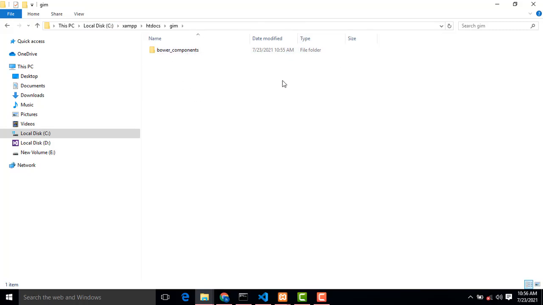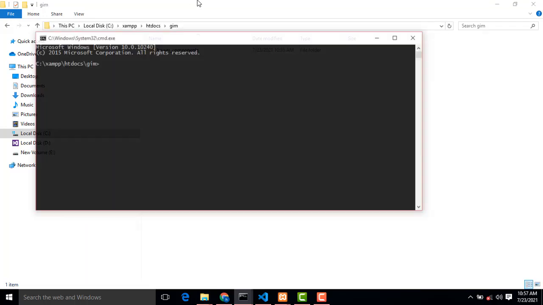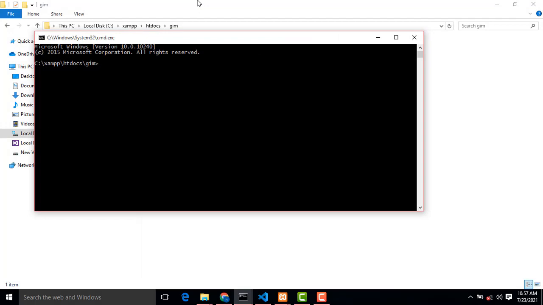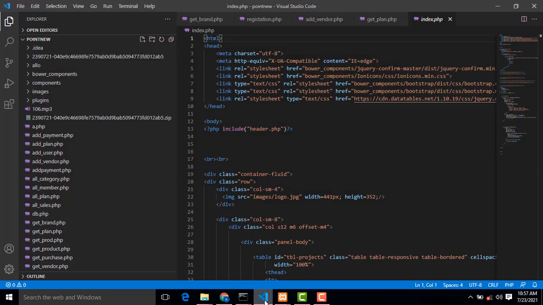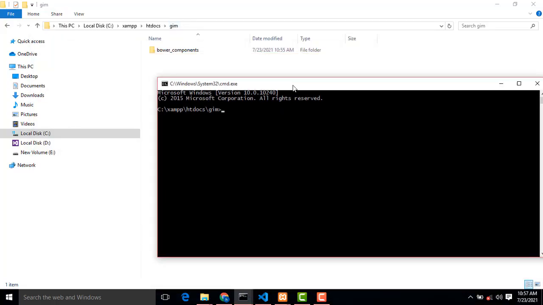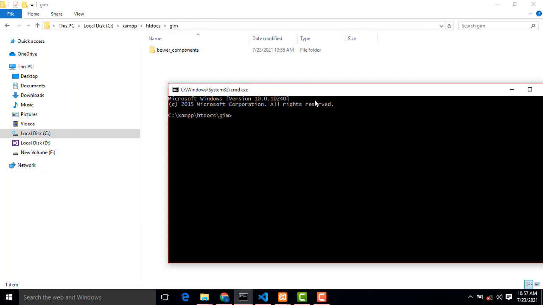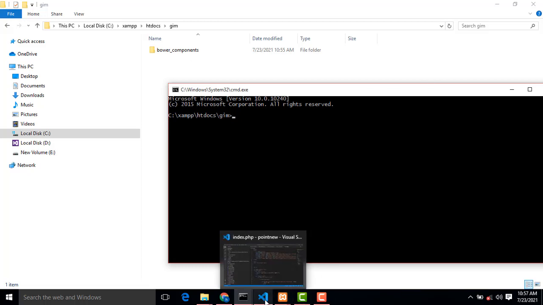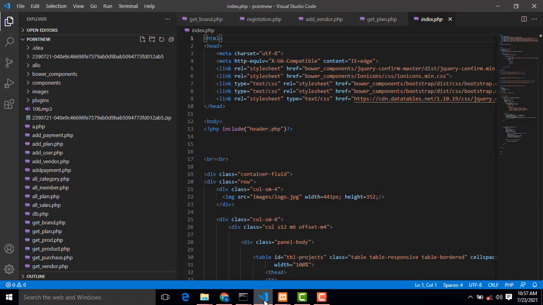Now, after that I open the editor. So this is the file. Here you have to type cmd and press the enter key. If you have not installed VS Code editor on your machine, you must install it. Go to the respective website and you can install VS Code editor. This is a professional editor for writing PHP code. Otherwise, you can download either VS Code editor or PhpStorm. Both are good. I'm going to work on this project in VS Code editor.